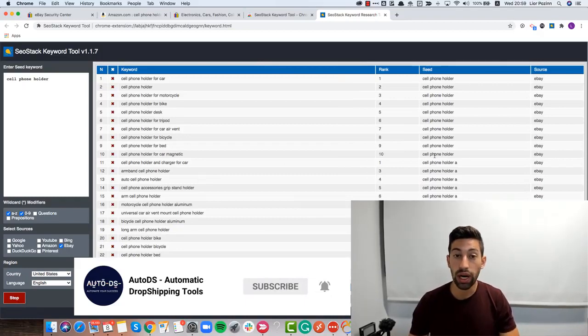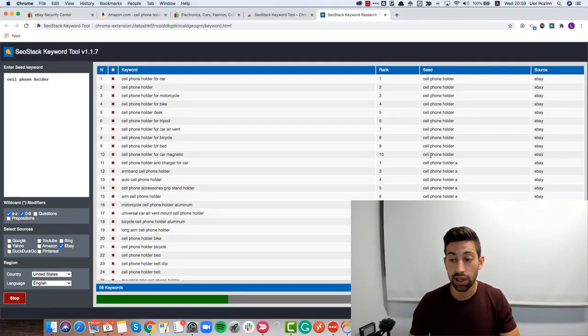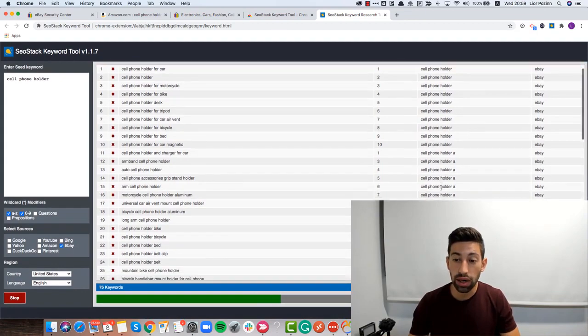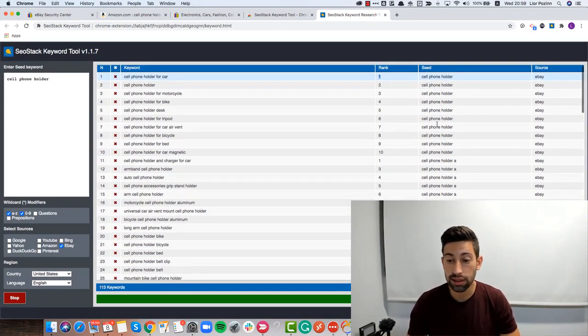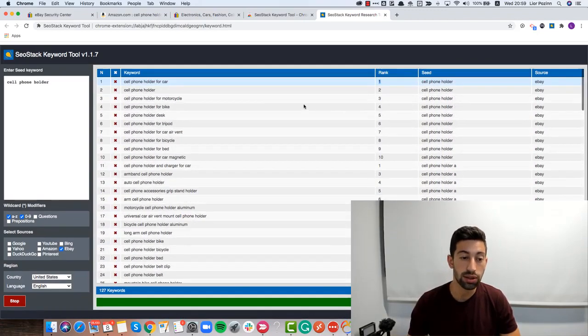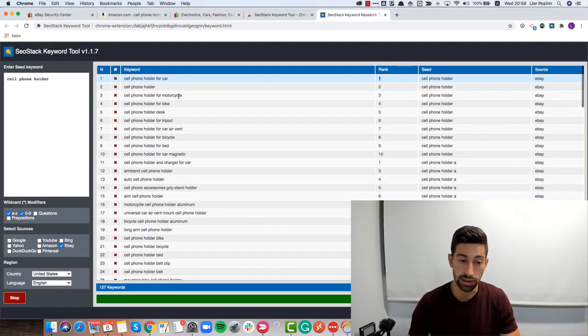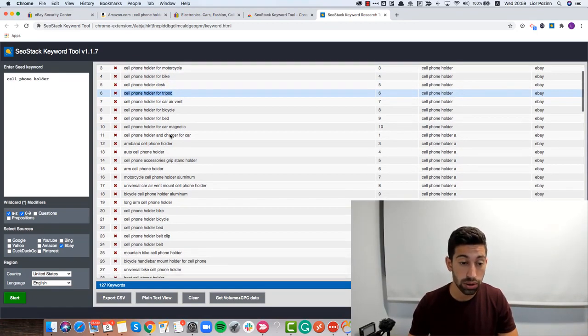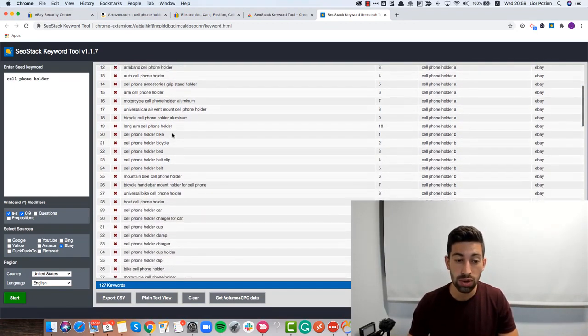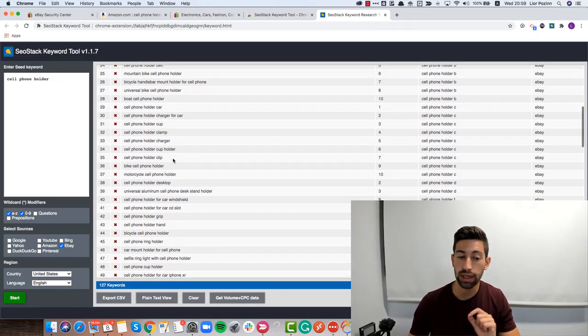This amazing tool will now analyze all of the different keywords from searches on eBay, and then I can just go here, see the ranks, see the seed, and I can choose the right keywords and get more ideas. So let's see what we got here. We got cell phone holder for car, which we already saw before, for motorcycle, bike, desk, tripod, bicycle, but also we can see deeper